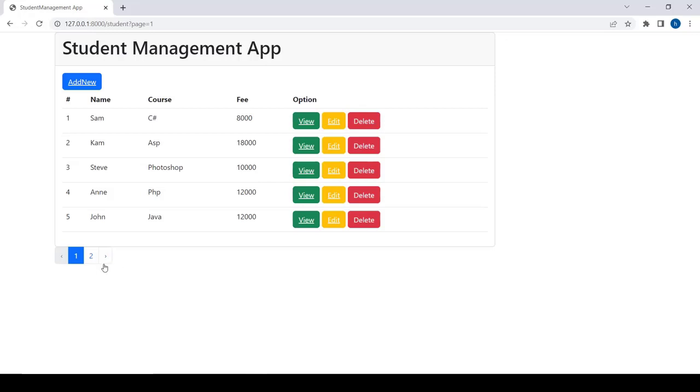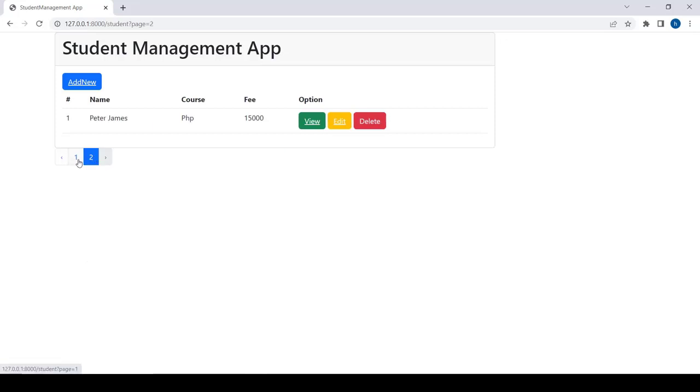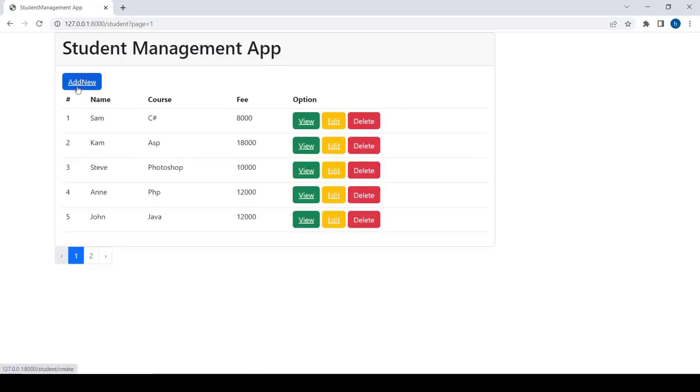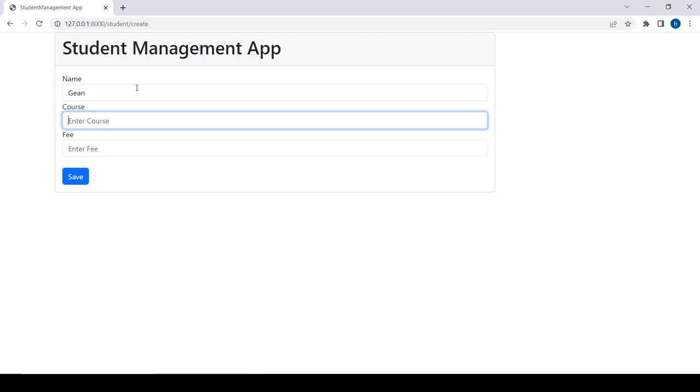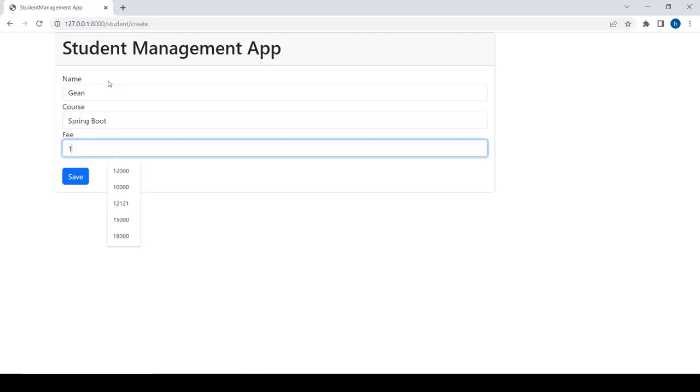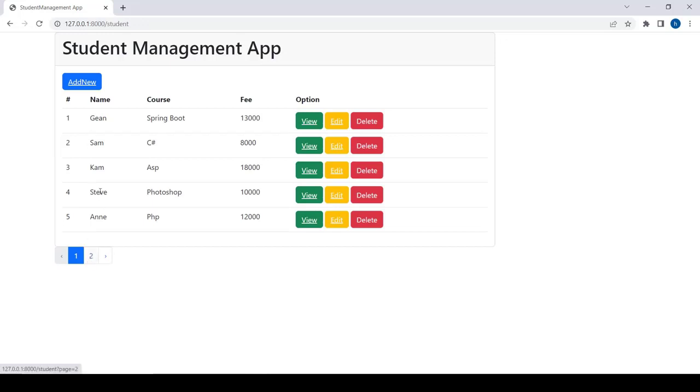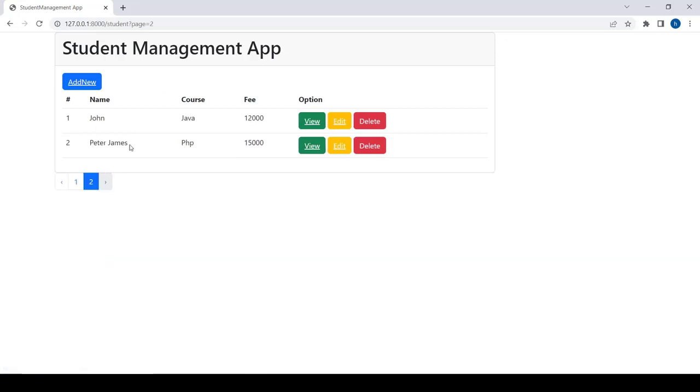Now let's refresh. Here, now it's working successfully. Now we have all the things correctly. If you go to second, you can see the record. Now I'm going to add another record, Gen, another course, Spring Boot, course fees 13,000. Save button. Now you can see it's a newly added record. You can see the previous record. Click second here. Now pagination is working